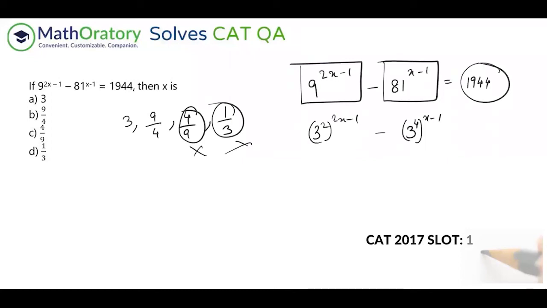The reason I'm telling you this is just think about substituting this 1 by 3 into any one of them. So let's say I'm substituting 1 by 3 here. Now, if I put this 1 by 3 in this x, then whatever is the result of this 2x minus 1, that by 3 is going to be hanging, right? Now, 3 square is raised to something by 3. So effectively, you're taking a cube root of 3 square. Now, when you take a cube root of 3 square, that is definitely an irrational number. That cannot be an integer.